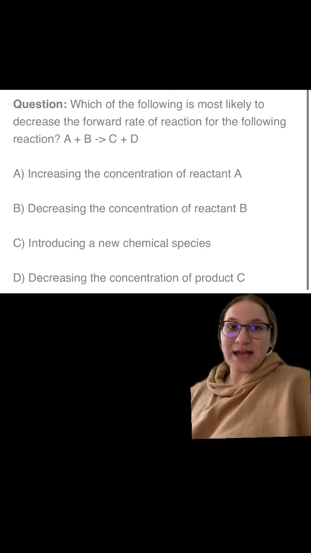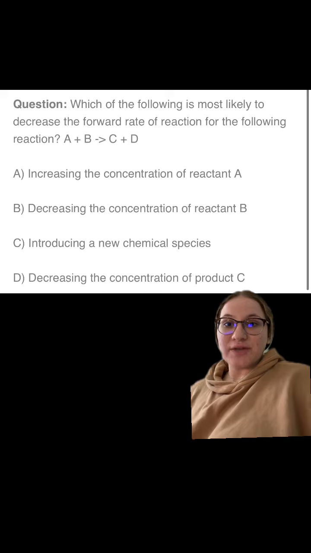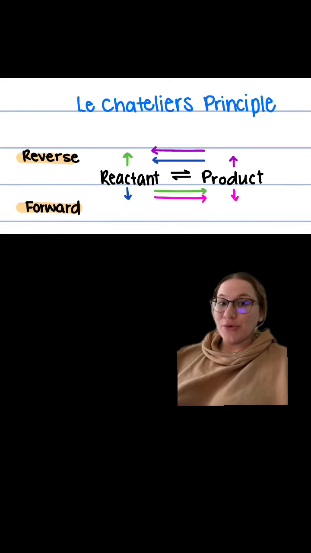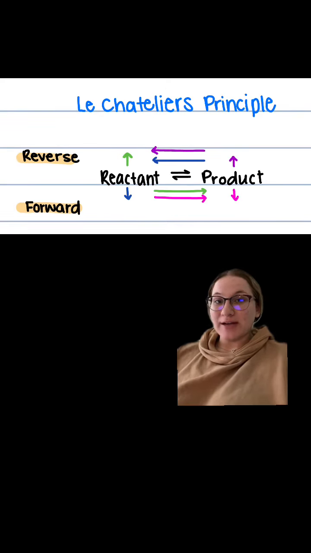Today's MCAT question of the day involves a very important chemistry principle, so make sure that you're staying tuned and that you know how to use this properly. And the question is asking, which of the following is most likely to decrease the forward rate of the reaction for the following reaction? And I know this is a concept that you learned in your Gen Chem classes, but